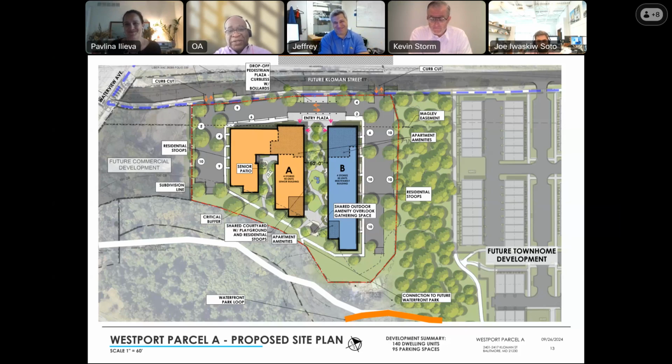So one thing here is, I think what's challenging for me is kind of what Kevin is alluding to, and I'm sure you're going to hear this from Pavlina and from Sharon. When you look at the plan, you're placing this building and you're wrapping it with parking, right? And I understand why you're doing it, and you're clearly pushing the envelope, getting 1.5 as opposed to the 1.1. We get all that. But what if, for some reason, you were to figure out a way to